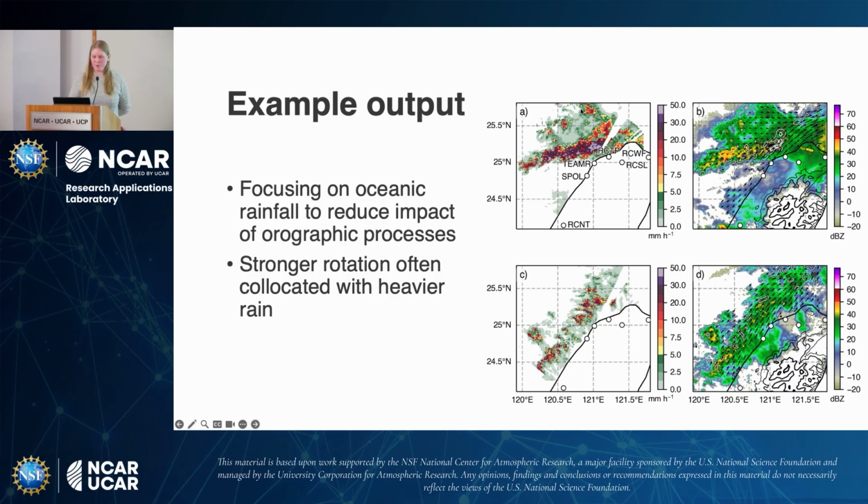And what we see on the right here, again, is reflectivity analyzed by Samurai. The wind barbs are at 1.5 kilometers. And then the contours are rotation, where the white contours indicate stronger positive rotation. And so what we see from these 2 examples is stronger rotation is often co-located with the heavier rainfall, here shown in these purples. But it's not always. There's definitely some variation, and the rotation in this example is a lot weaker.